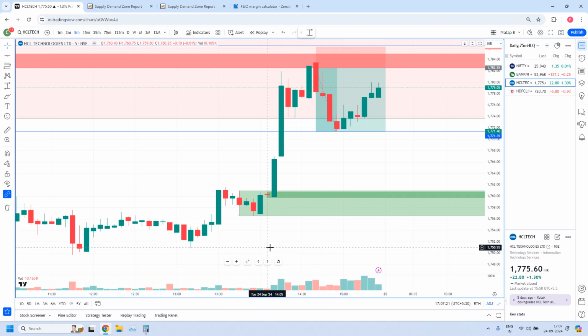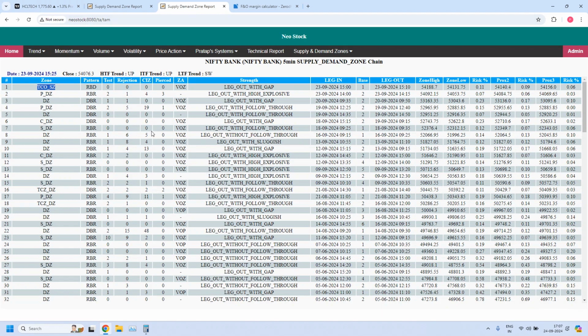And also, as per your risk management and other concepts you learn in your course, by applying all those concepts, you plan your trades. The way how Bank Nifty trades we planned, because all the premium subscribers got this Bank Nifty supply demand zone chain. See, in a month, at least 90% you get opportunities, high liquidity zones. Those 10% days within a month, the other reports will be helping you, like Nifty, Bank Nifty supply demand zone chain, or bullish bearish trade setups